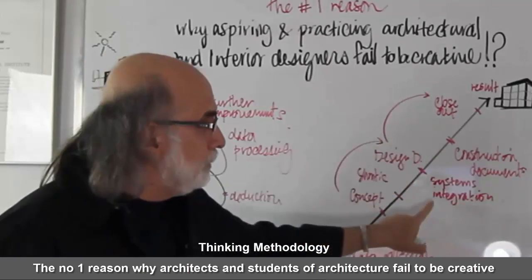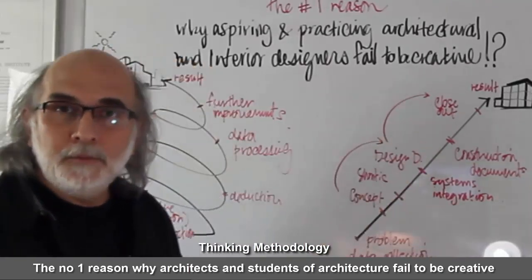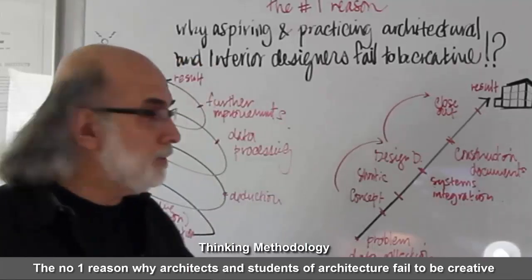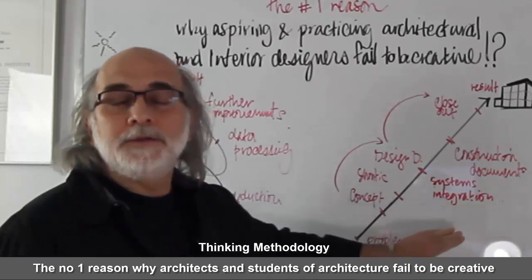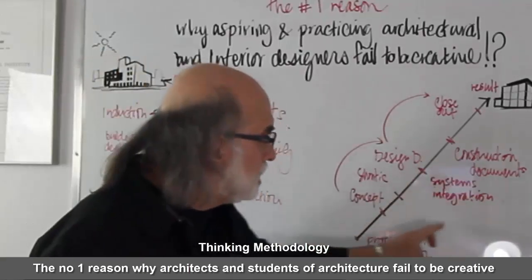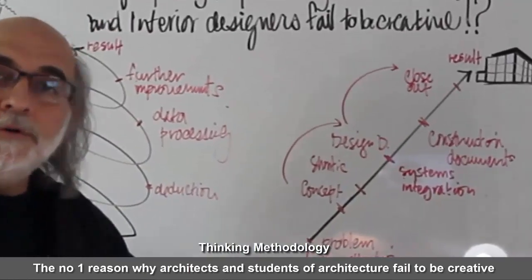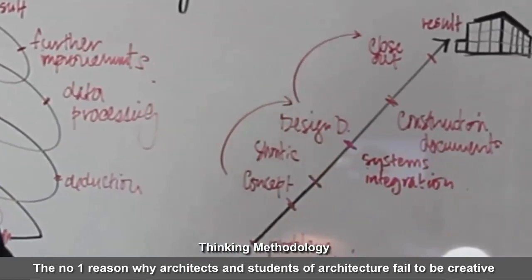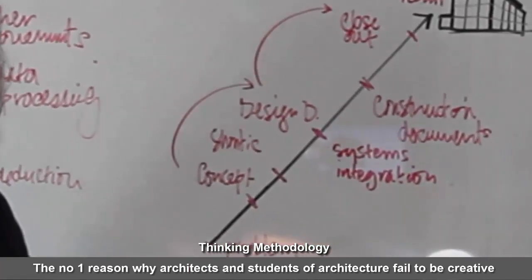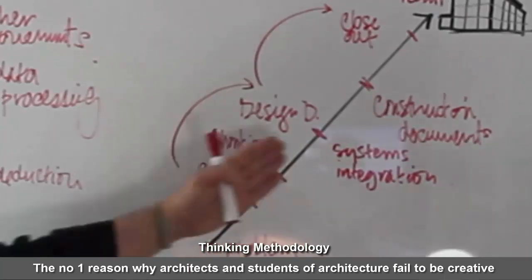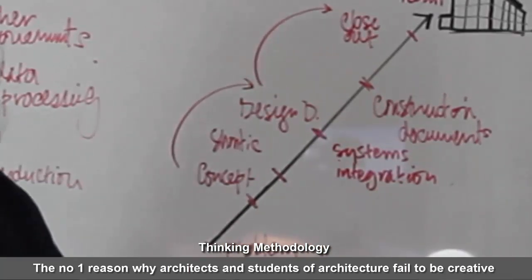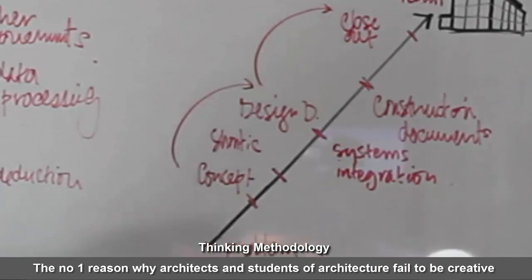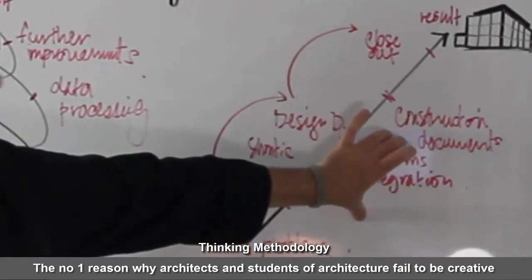At this design development phase, in 99% of the cases of current architectural practices, they get the systems integration phase activated. By systems integration, I mean all the systems that the building needs in order to function properly: the mechanical, the electrical, the geotechnical, even though geotechnical sometimes hovers around this area, but it is activated here. Communication and all the others, the structural, are all kick-started here at this point.